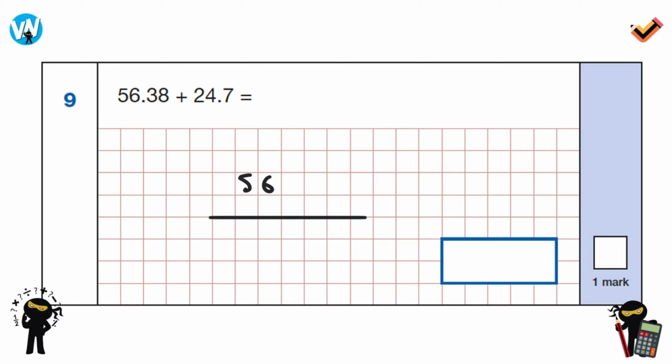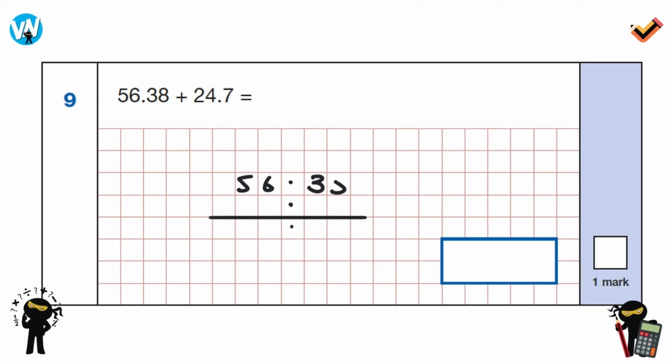I'll do 56.38. And then there's maybe an opportunity for us to misrepresent or misorder the decimals. If you're very, very confident, that's absolutely fine. But I'm a big fan, a big believer of just sticking to a routine, especially just getting a decimal, decimal, decimal. They're all in the same street,